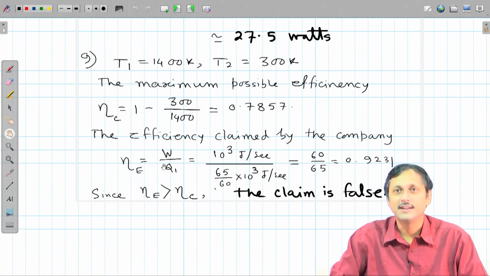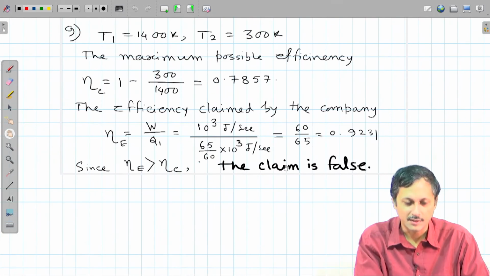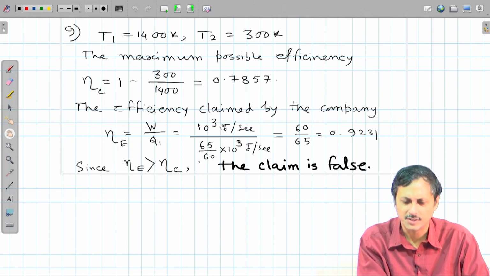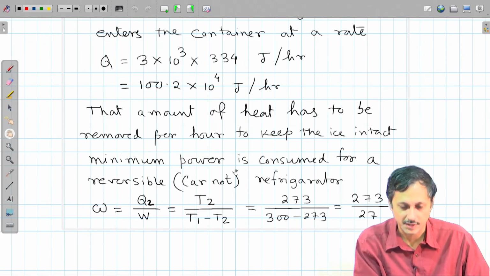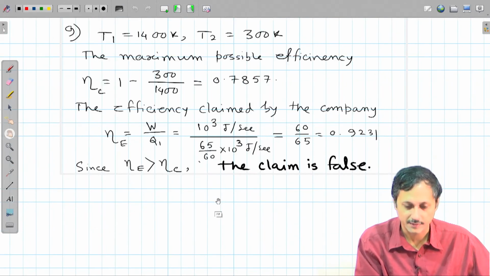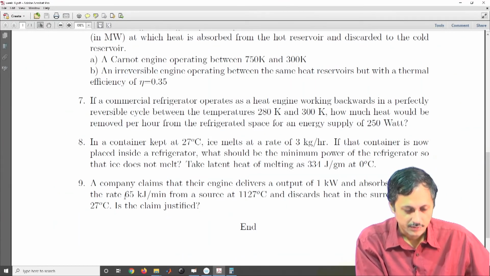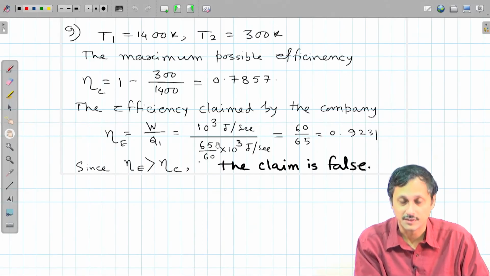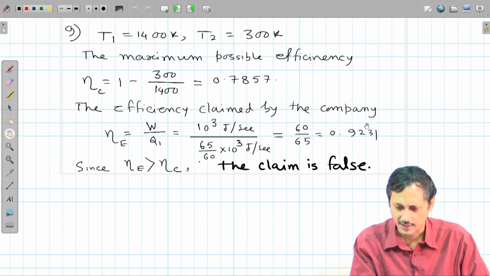The efficiency claimed by the company for their engine, which we call eta E, is equal to W by Q1, which is 10 to the power 3 joules per second divided by 65 into 10 to the power 3 joules per second divided by 60, because it is given as 65 kilojoules per minute. So, we just have to divide it by 60 once again, and we get an efficiency